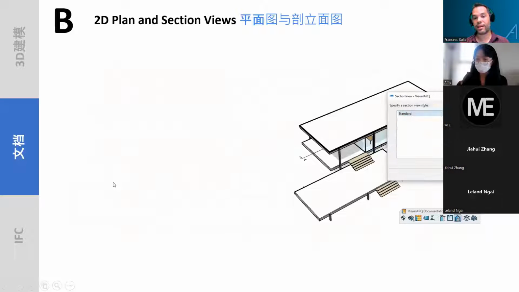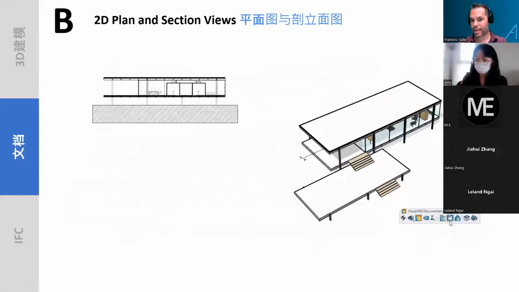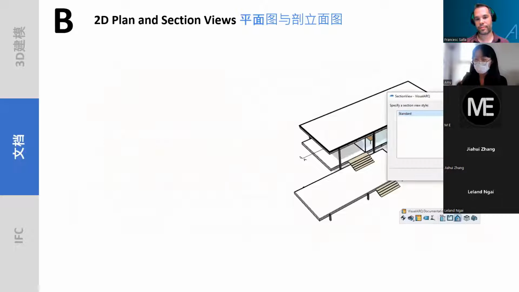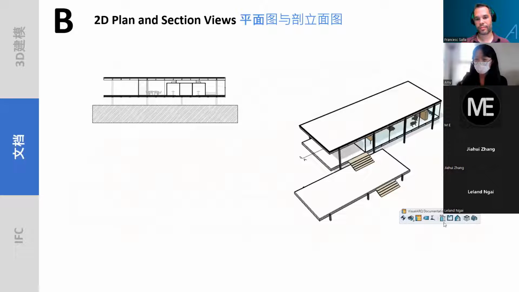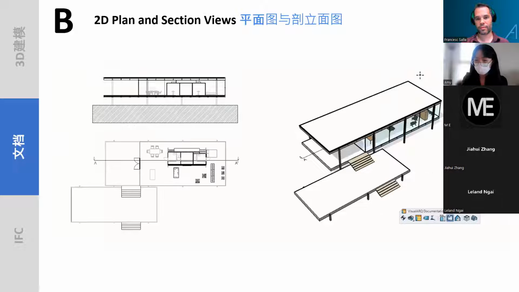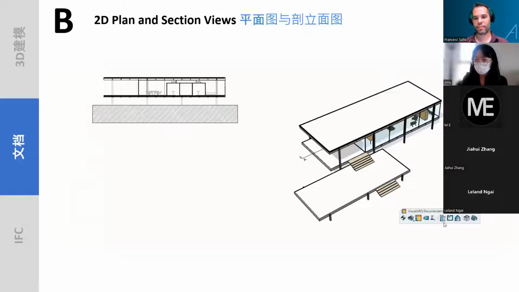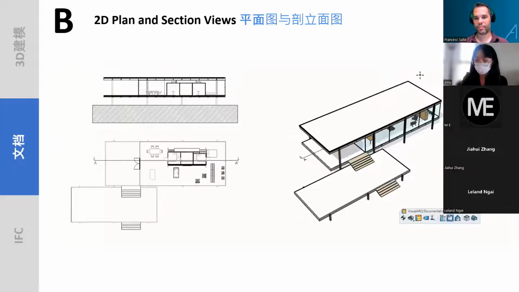And these views are linked with the 3D model. That means that we can update them at any time with the changes that have been done on the 3D model. 那我们看，出的图有平面图、剖立面图等等，我们也可以随时更改，也可以直接在立面图选择它相对应的平面图。